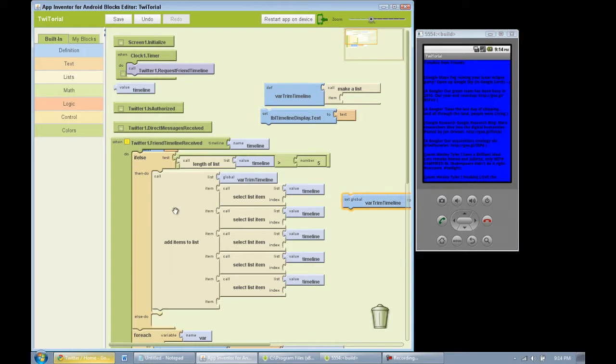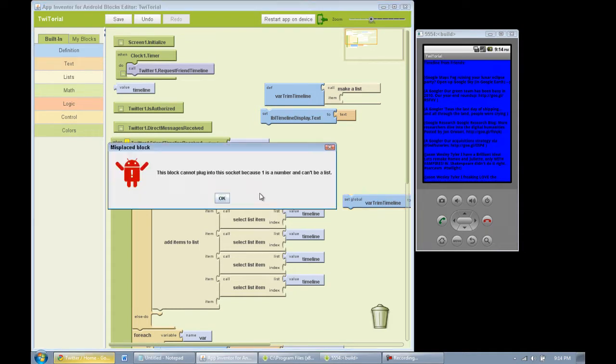So, selected list item. So here, add items to a list. If the length of the timeline list is greater than 5 items, then add items to the var trim timeline from that timeline, but only the first 5 items. And we're going to use the number 1,